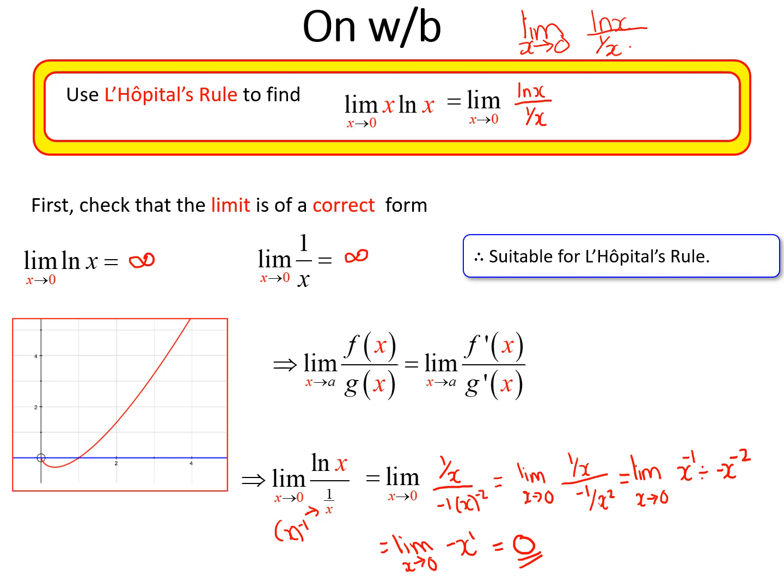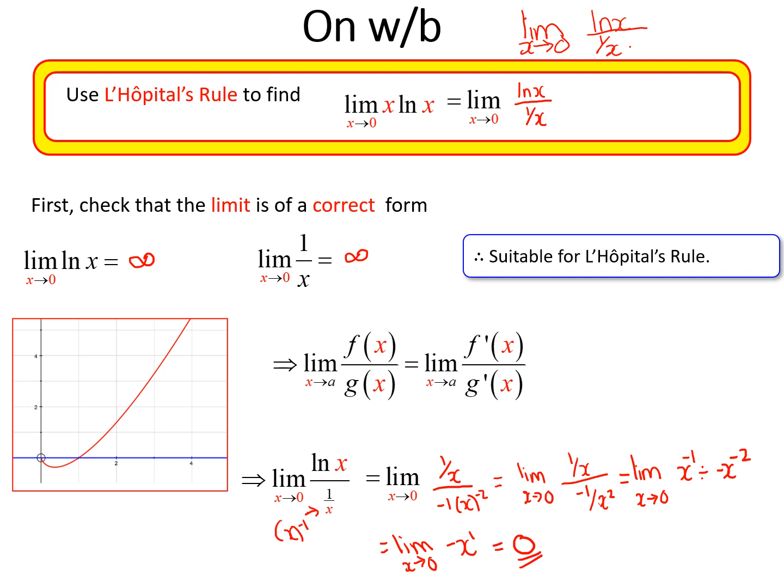Subtract your powers, so that gives us the limit of minus x to the 1, and that is just minus x, and as x tends to 0,